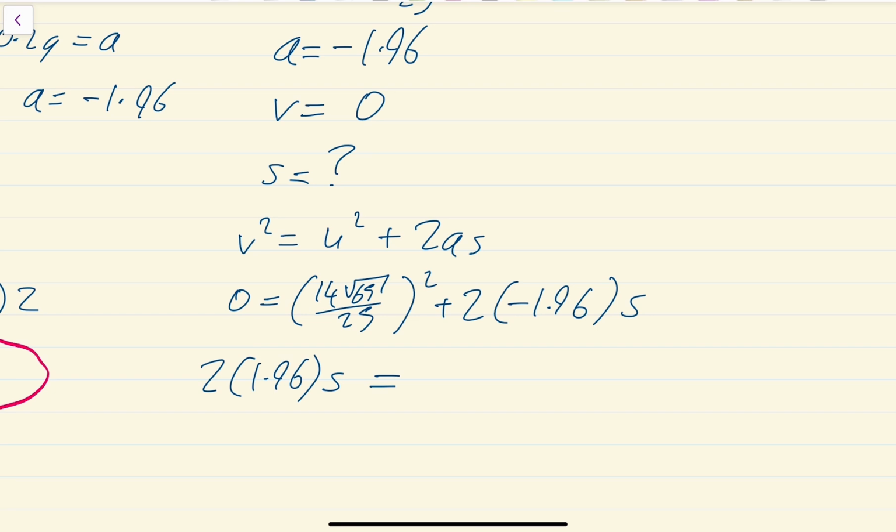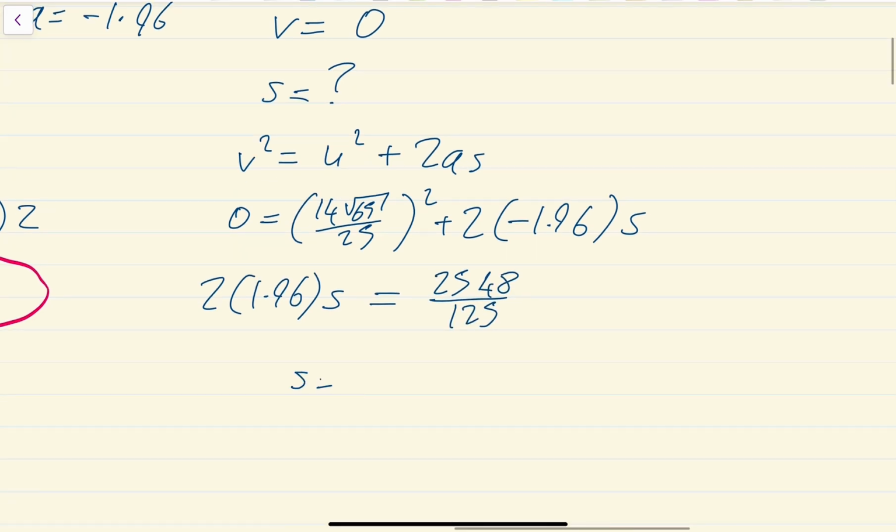14, and then root 65, bottom line is 25. That whole mess gets squared, and when I square that 14 root 65 over 25, it gives me a perfect answer of 2548 over 125. Then divide across by the 2 and divide across by the 1.96, and I get a perfect answer of 26 over 5. That's very nice. So that's 5.2